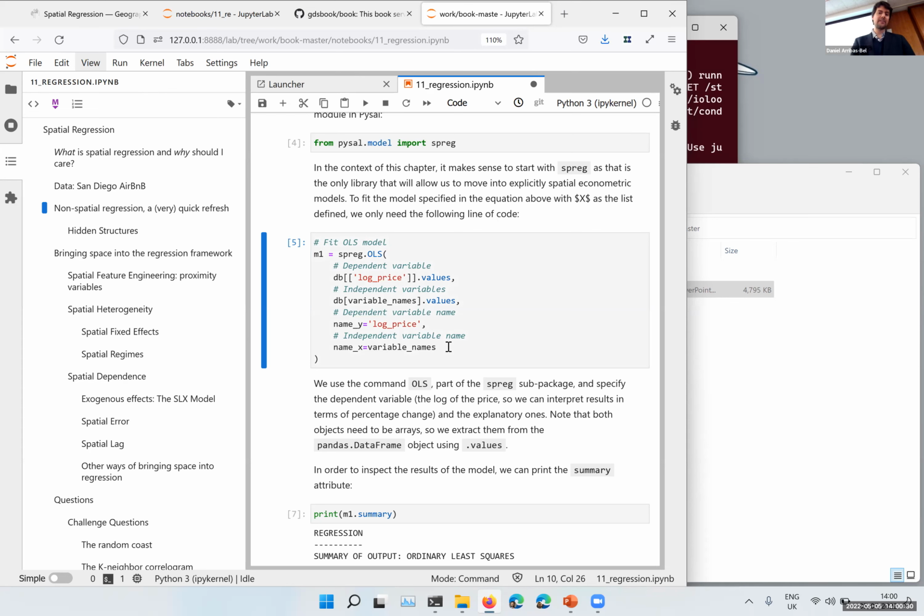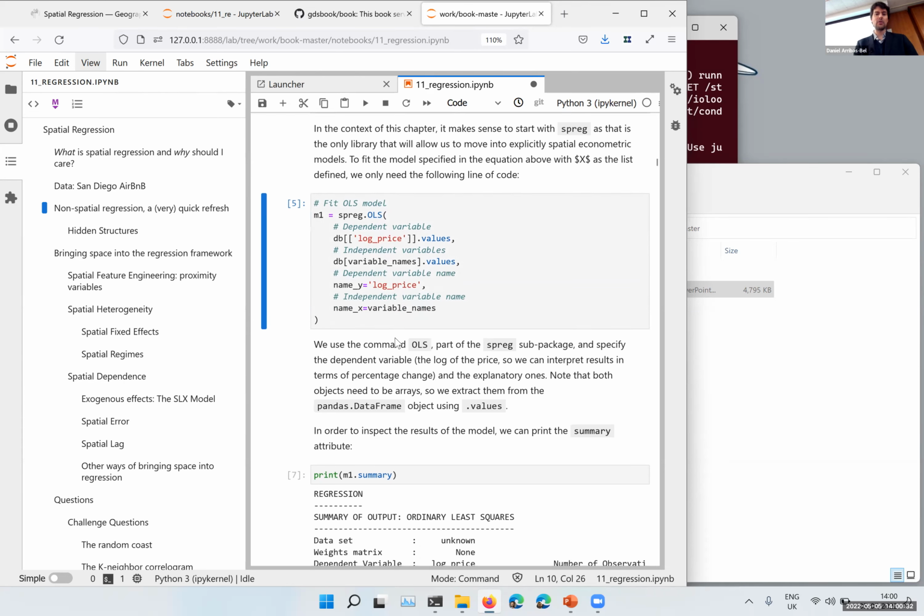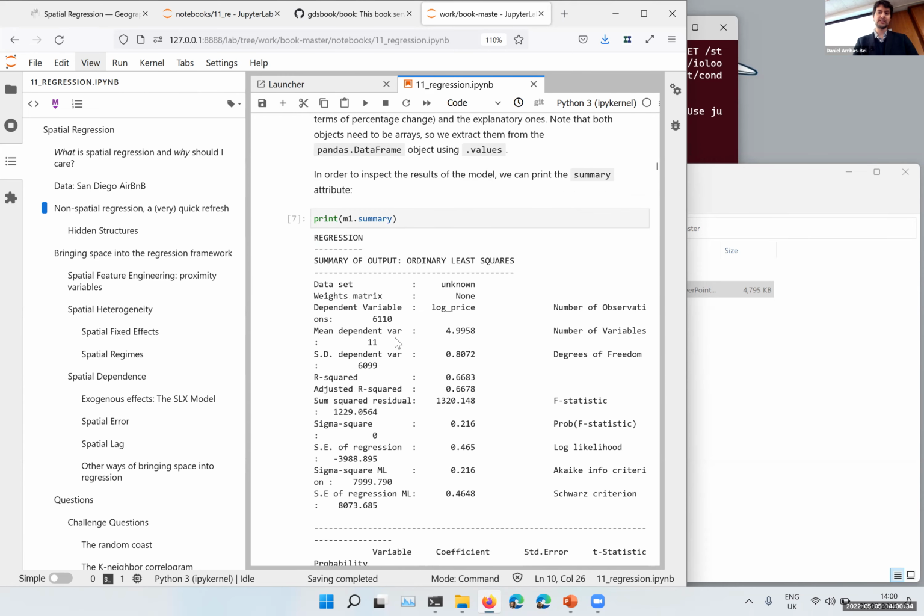And okay, done. So we have fit this OLS regression. And now, of course, we can see the results. So I'll select the cell, which is marked as 7 here. For me, it's going to be 6, right? And then